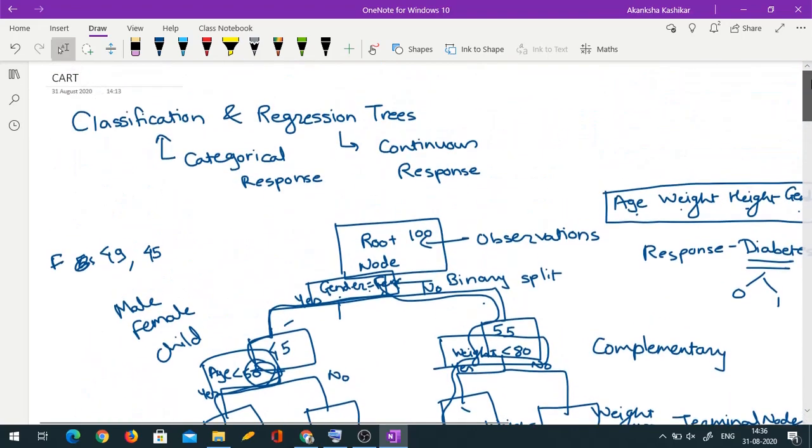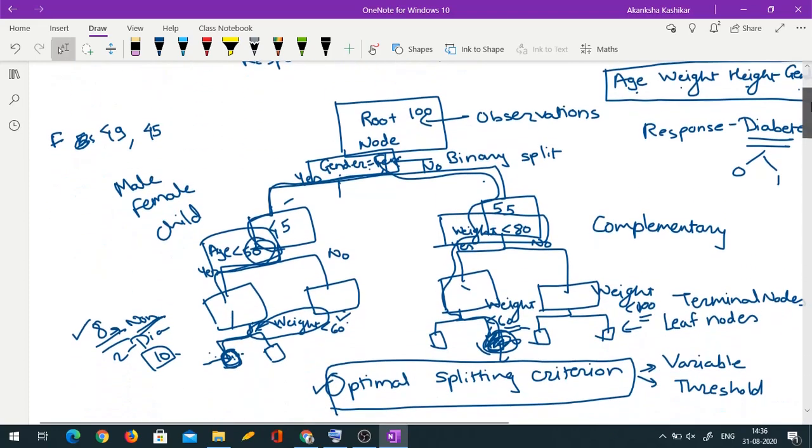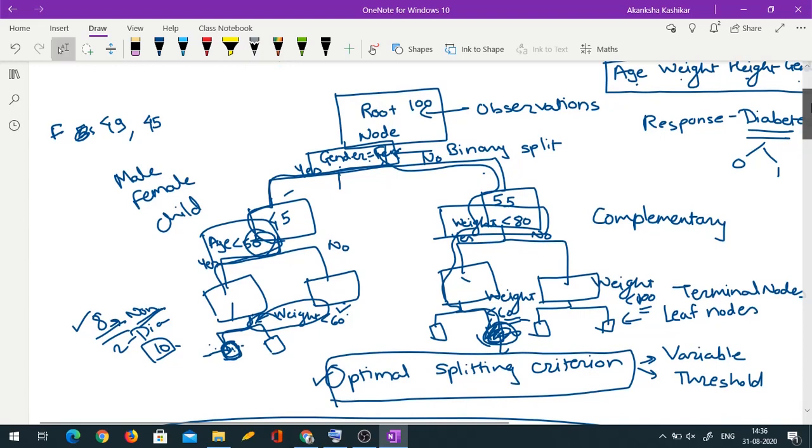We'll be starting with decision trees, which are known as classification and regression trees, because they can be used for classification as well as regression. And this is the basic tree structure. I hope you at least know now how a tree works. You start from a root node, given a new observation, and you see how that observation travels across the tree, and wherever it lands up you take either the majority or the average, depending on whether it is classification or regression, as the response. Majority of that node or average of that node as the response.